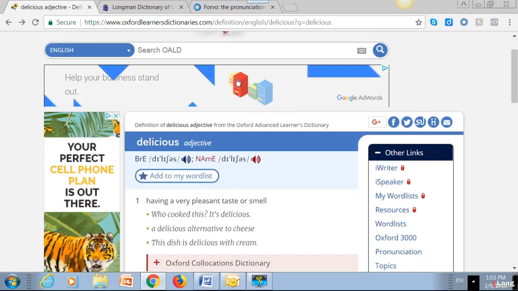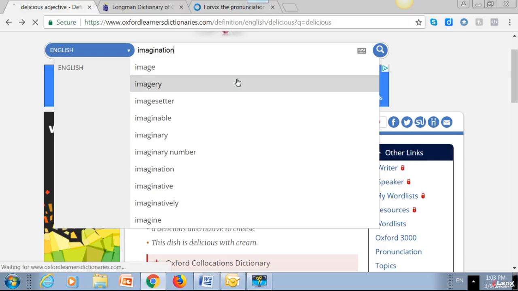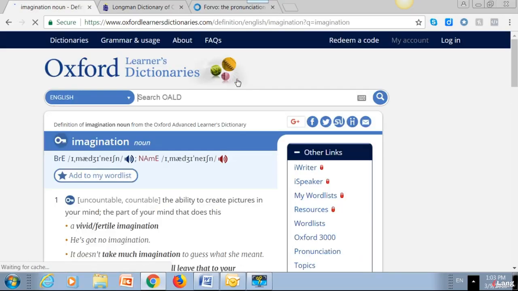Let's try it with another word now. Imagination. All right? We see again the British is the first pronunciation, the American is the second pronunciation. And they both look the same in this case as well. But what I want to point out to you here are the stress markings. Again, we have primary stress marked at the top here. There's that little tiny mark up here before the nay. Imagination. That nay is your primary stress syllable marked here.